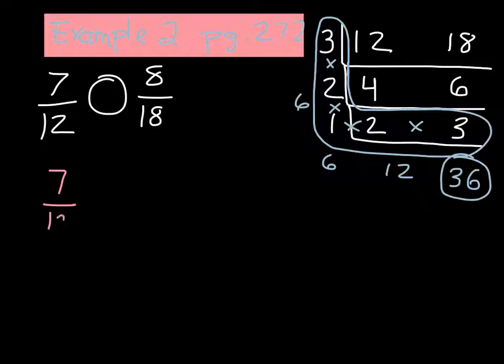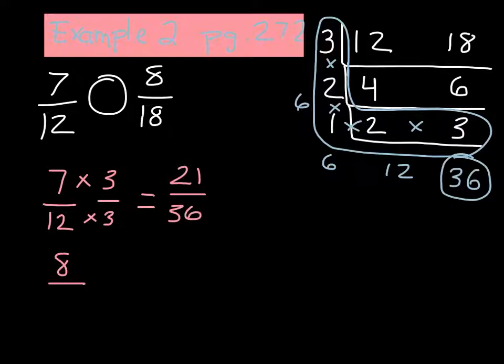So 7/12, if I multiply both the numerator and denominator by 3, I get 21/36. And if I have 8/18, I multiply both the numerator and denominator by 2,